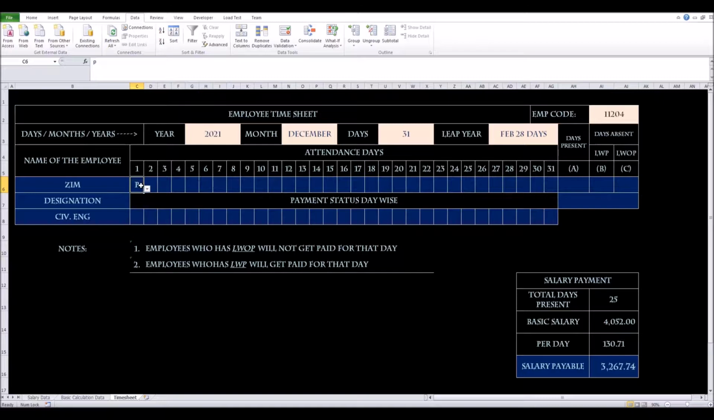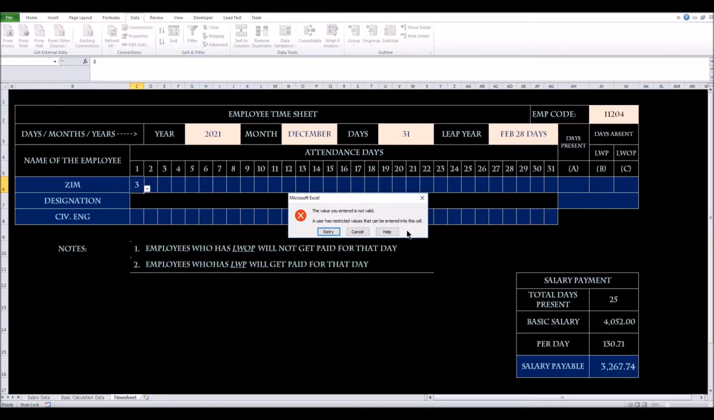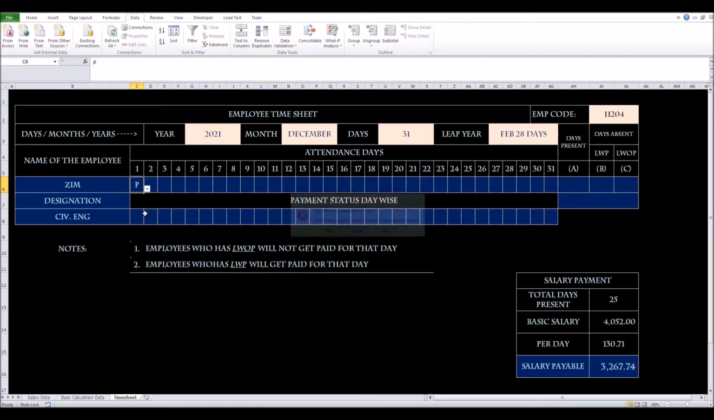But if I place something like 3, for example, and then click on OK, it gives an error message that the value you entered is not valid. So we can retry it, or cancel this, and then we can give LP or LWP or whatever it is. Don't worry about the adjustments, we will do it later when we get to the end of this video, just to make it look much better. Alright, so for now we are going to delete this, and